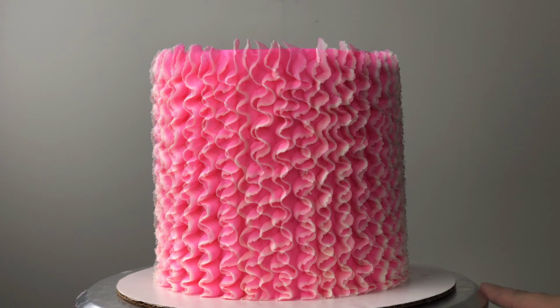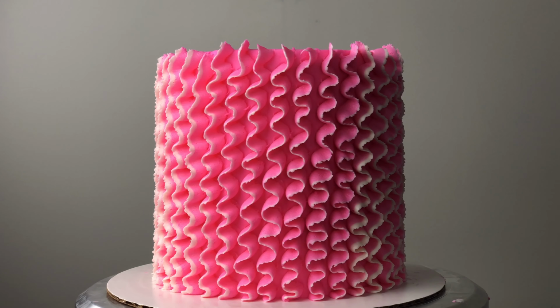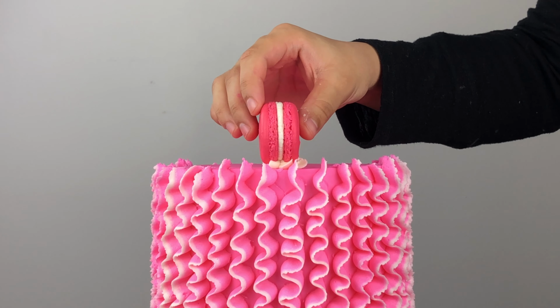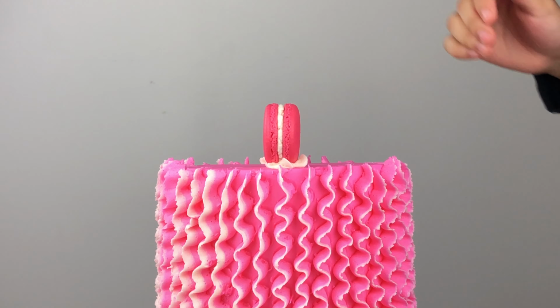finish it off. Now that we have added the two-toned ruffles all around the cake, I'll be decorating the top with some macarons and buttercream swirls. So now using a Wilton 1M, we're just going to create little dollops, and I'm adding a macaron on the top of each. So I like to do this across from one another so I know that I'm placing them